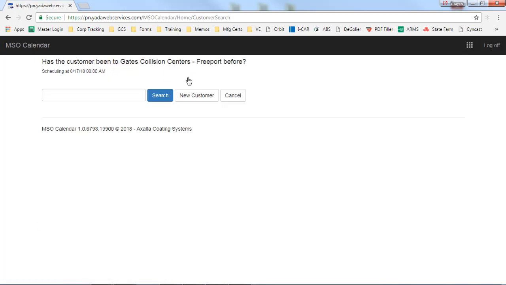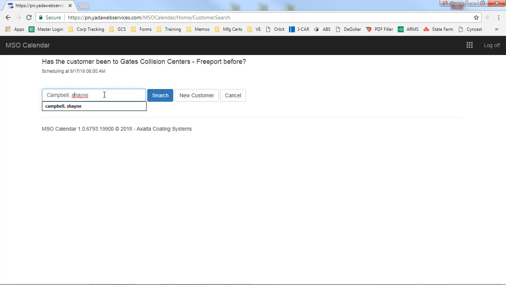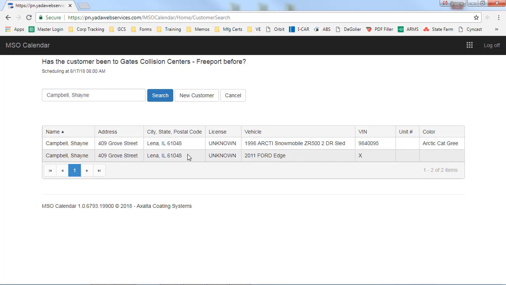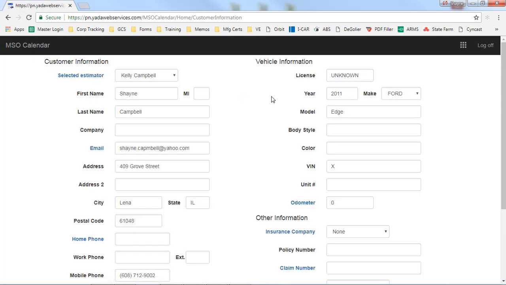we can put in a customer name and search. I'll go ahead and use myself just because I know I've got an existing database on myself, and then we'll go ahead and click on the search button. Now obviously we're seeing a couple databases on myself. I'll select the one with the 2011 Edge, and now up above here you can see use selecting customer and vehicle, use customer only. We would have the option to add a new customer here, but since I'm already existing,